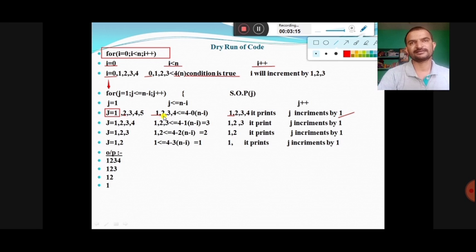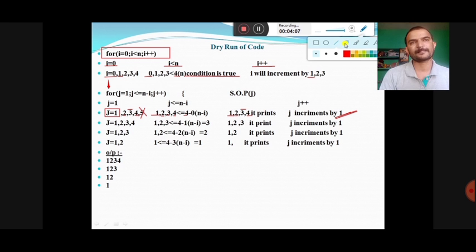The 2 checks again with 4, condition is true, 2 prints, j increments, j becomes 3 now, it checks with the given number, condition is true, 3 prints, j increments, j becomes 4, it checks with the condition, n is equal to 4, 4 is equal to 4, it prints, again j increments. So j becomes 5, so 5 is not less than or equal to 4, the condition is false, the loop jumps to the outer loop, it gets incremented,